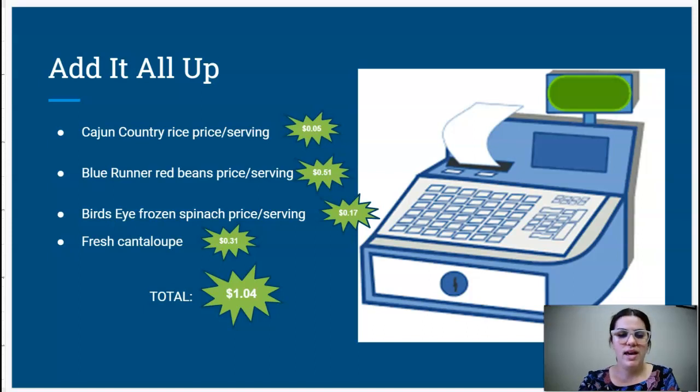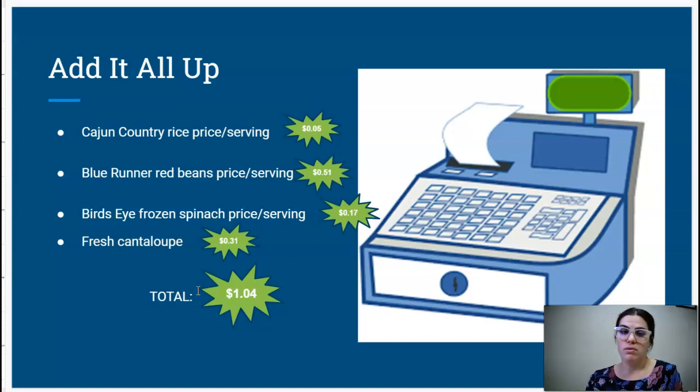Okay, so we have estimated the cost for each specific ingredient. And we've done that with the price per serving of each ingredient. So we found that the Cajun rice is 5 cents per serving. The red beans were 0.51 per serving, 51 cents per serving. The frozen greens were 17 cents per serving, and then the fresh cantaloupe was 31 cents per serving. So all of that equaled $1.04 per serving. And just to reiterate, this is $1.04 if you use the particular serving sizes that are outlined